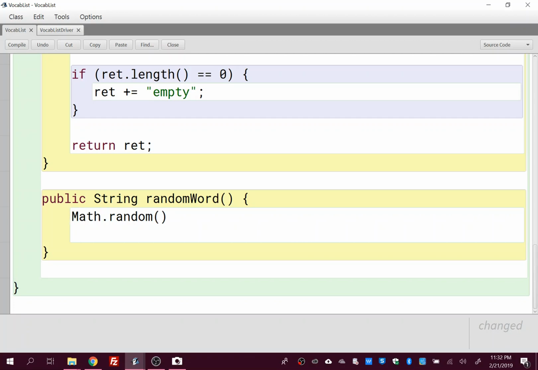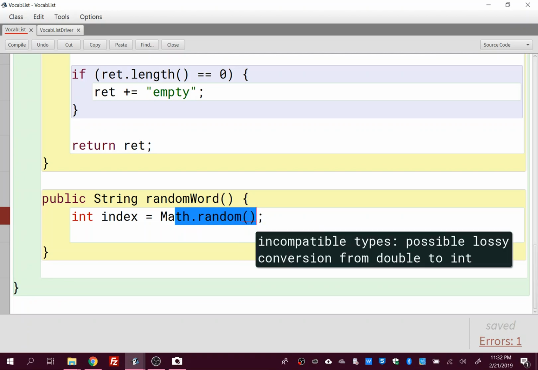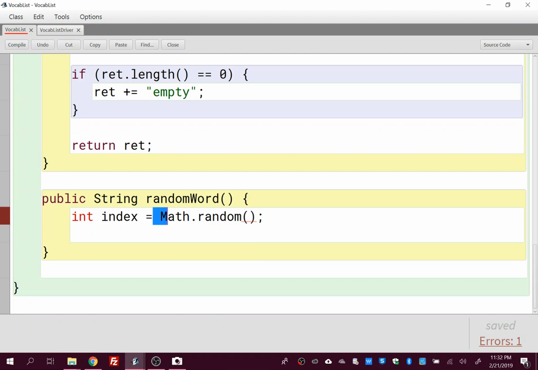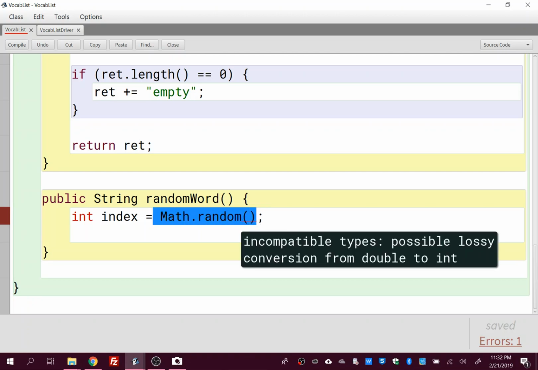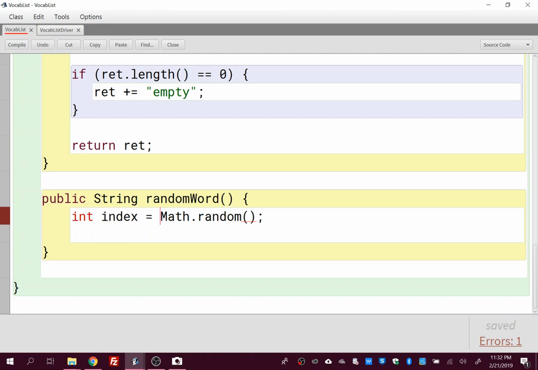Of course, we don't actually want a double. We don't want something between 0 and 1. We want an integer, because the indexes for the list are integers. So we want to make some sort of equals that. We want that to happen. And we want to convert this range. We want to stretch this range out. And also, as it says here, incompatible types. Well, this is a double. That is an int, so we got to fix that. We'll do that first. That's an easy fix. You might not have done that for a while. Here's our